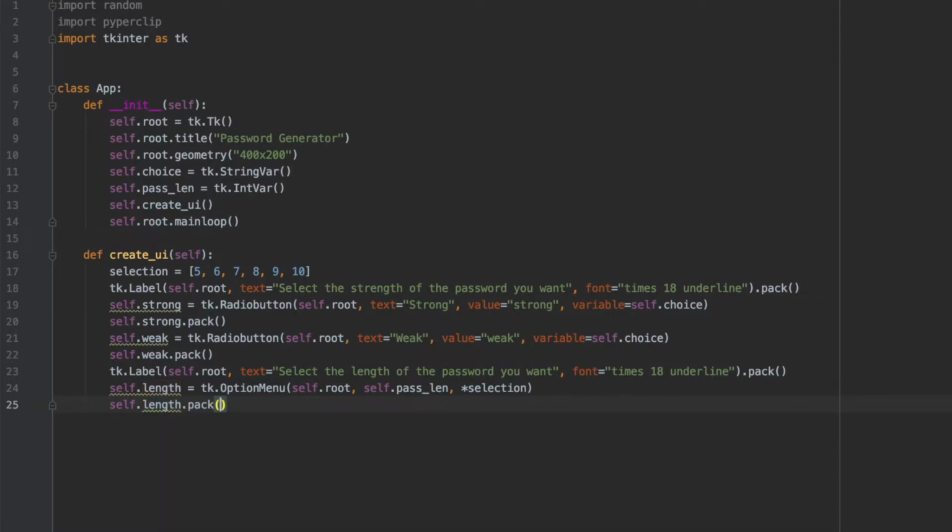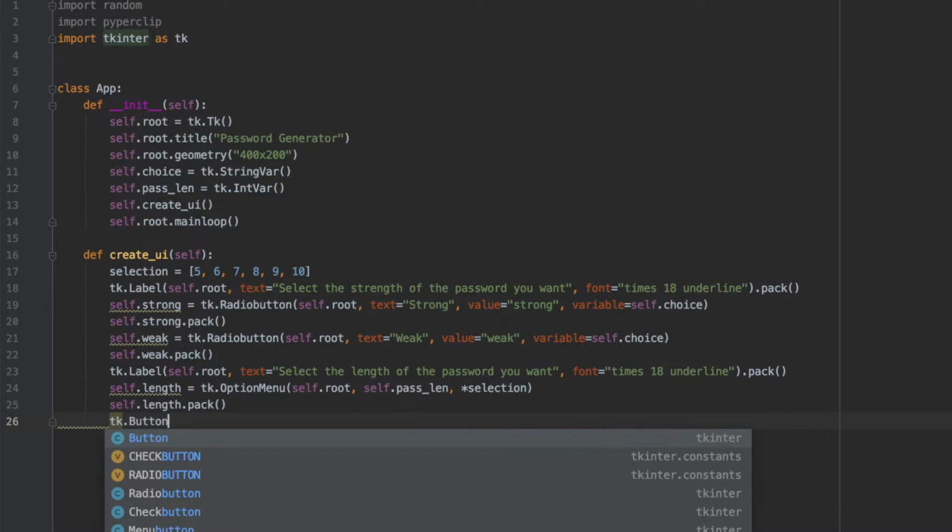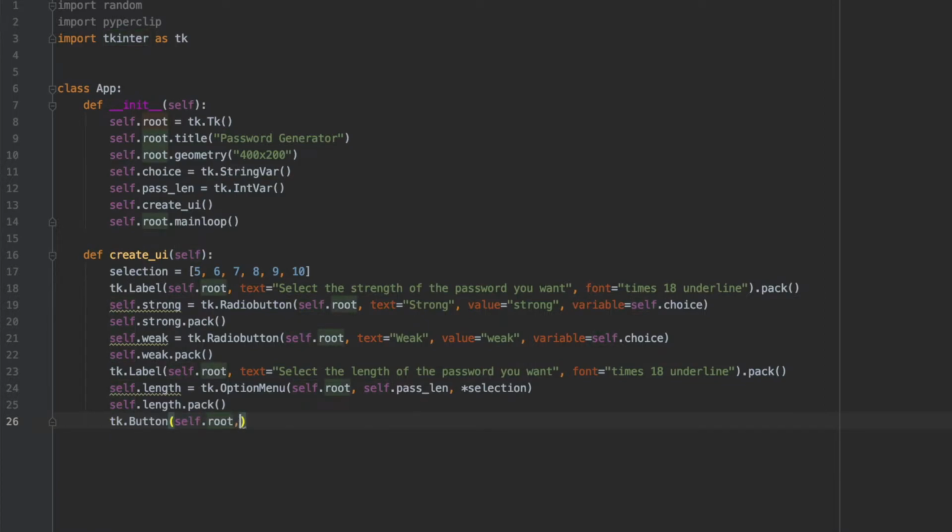Pack. And then once we're done with that, we can then create a button. And of course, there's still no need to give this button a variable name. So we can just do tk.Button(self.root, and we'll just say that it's a submit button. So we'll just say submit, and then the command we're going to give it, we will specify it in another function, but let's call it self.create. That's what we'll call it. And then basically we'll just pack that on to our root. So that's basically the general UI of our